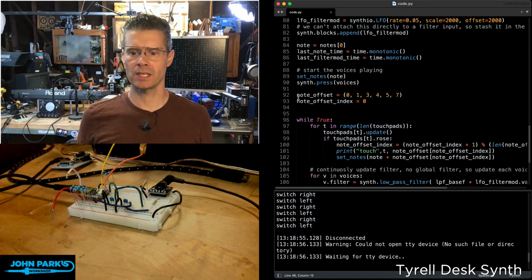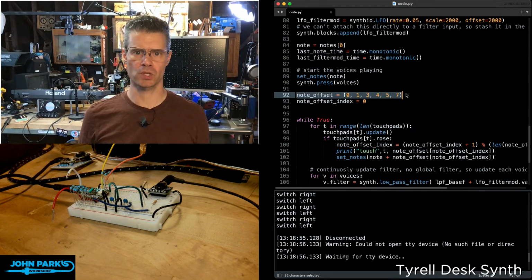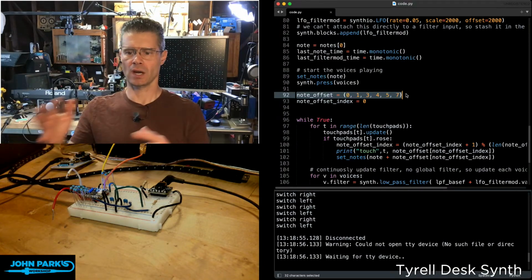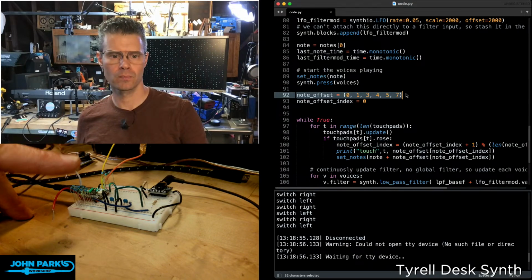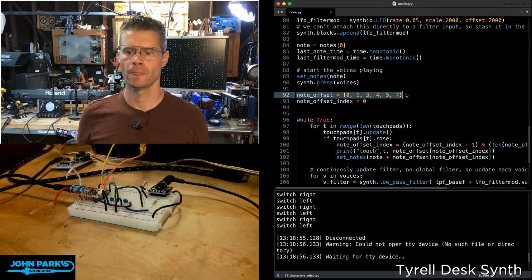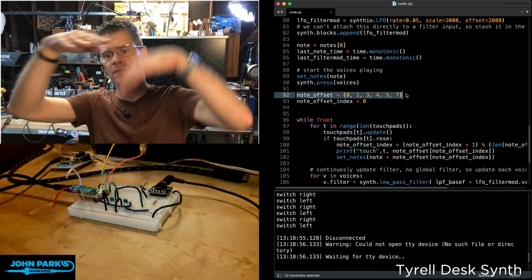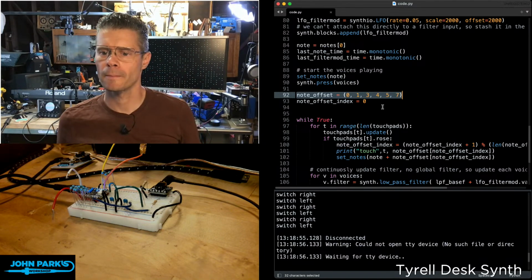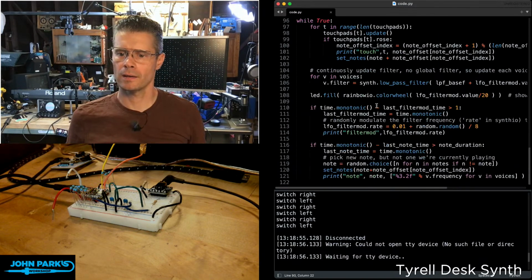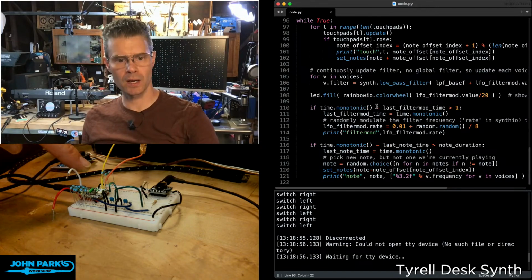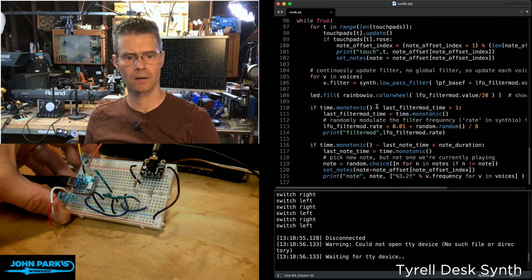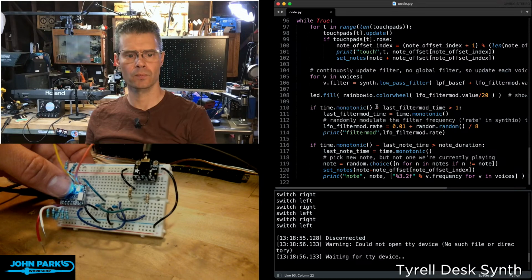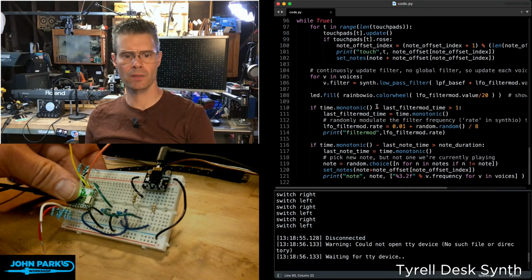The note offset list here is what I created to just do my transposing. So I didn't make it just semitones. I picked a little pattern of offsets that I thought would sound good as you work your way through them. And that's just bumped up the list of random notes that it can pick through. There's also some cool Rainbow I/O stuff going on the LED there. See that little color changing right there. See the reflection of my thumb better than the LED itself.